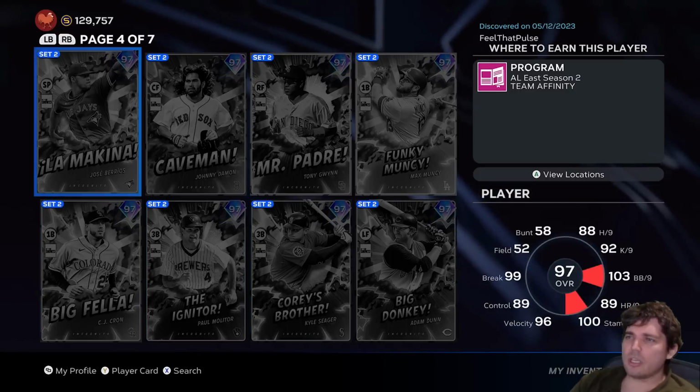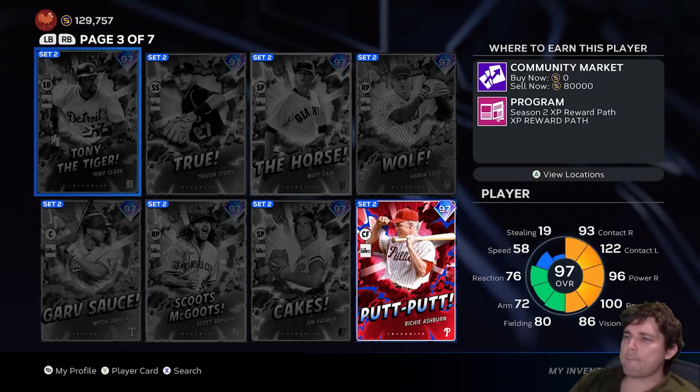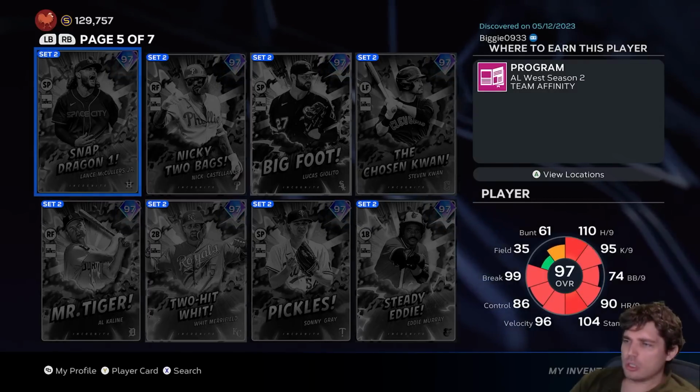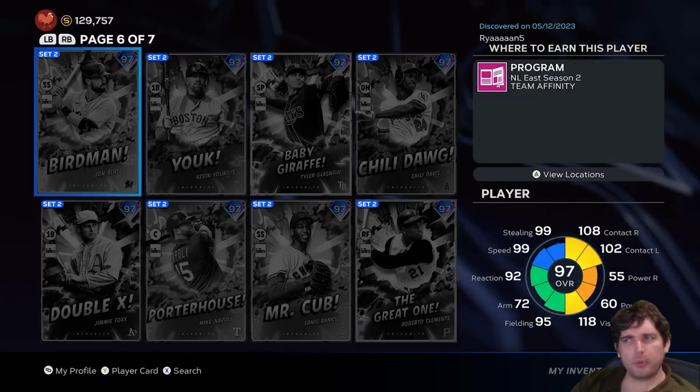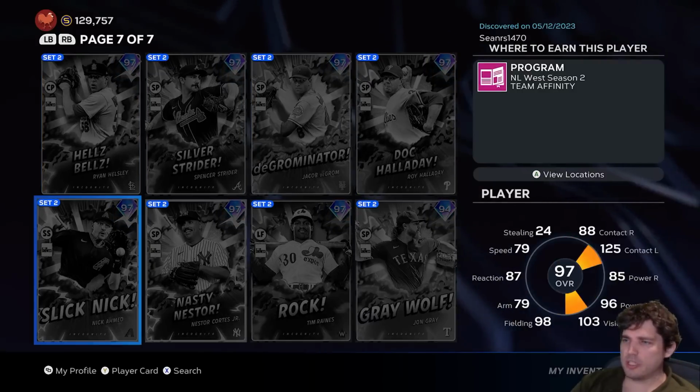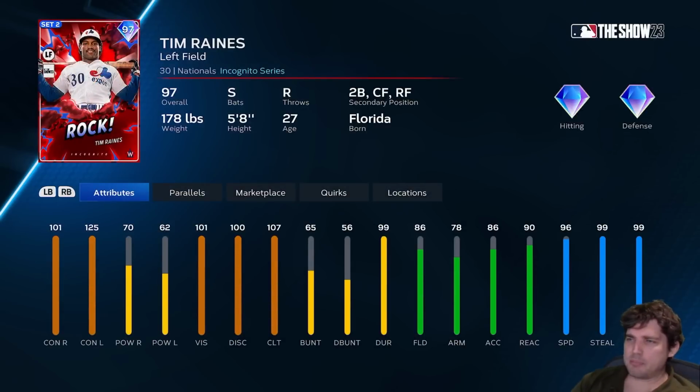Tim Raines. Tim Raines is, I feel like, well respected-ish. Maybe put a little bit more respect on his name because of all the tools he brings to the field. The only thing he's really lacking is power, but when you look at his speed, great in the outfield. He can also play second base. I think you got yourself a heck of a player right here for your team, because a switch hitter too,